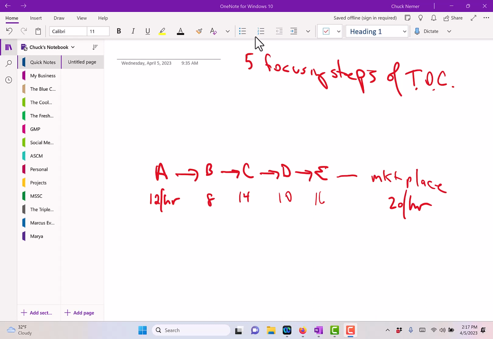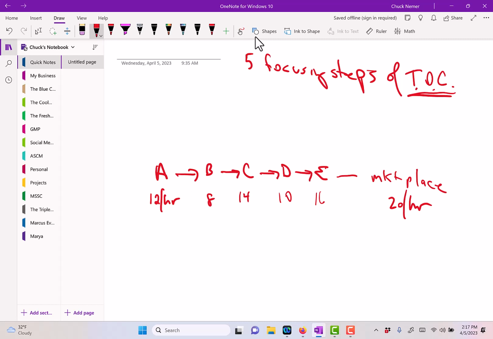Hello there. I received a request from a student to explain the theory of constraints. That's what TOC is. And there's really two parts to it. The first topic is what we're going to look at here, the 5 focusing steps, and then in a separate video, we'll look at the concept of drum buffer rope as a way to schedule and manage scheduling in a